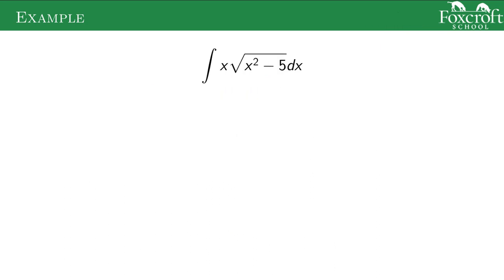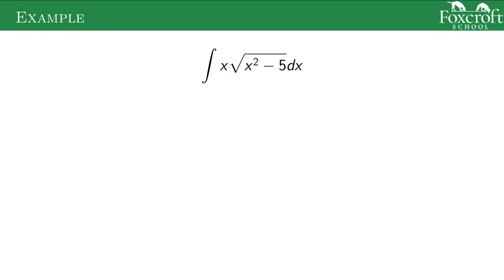All right, so here's another one. Again, for all of these, luckily it's a video. You can always pause and think about what is u going to be. The first thing you should actually do is, can you do this without u substitution? There's no way you could take the antiderivative of this itself, because these 2 things are being multiplied, and we don't know how to take the derivative of things being multiplied. But